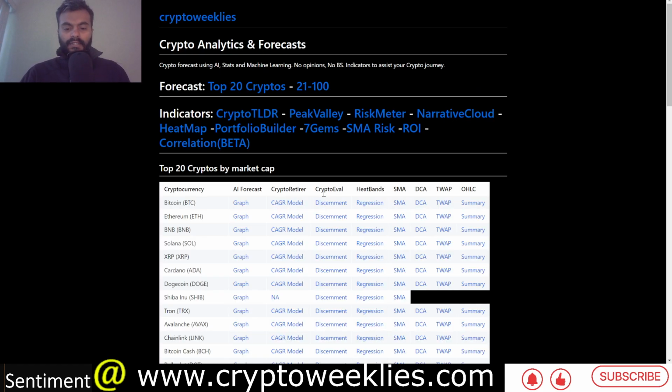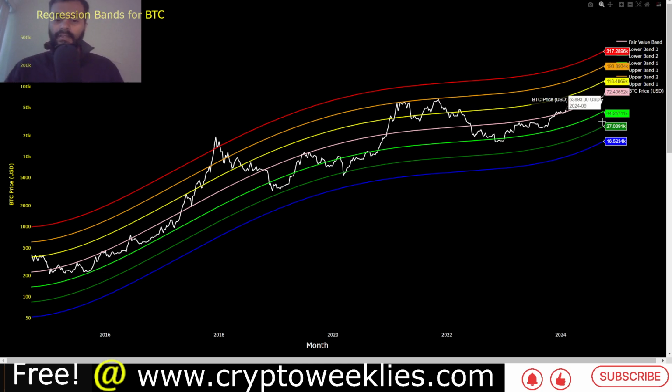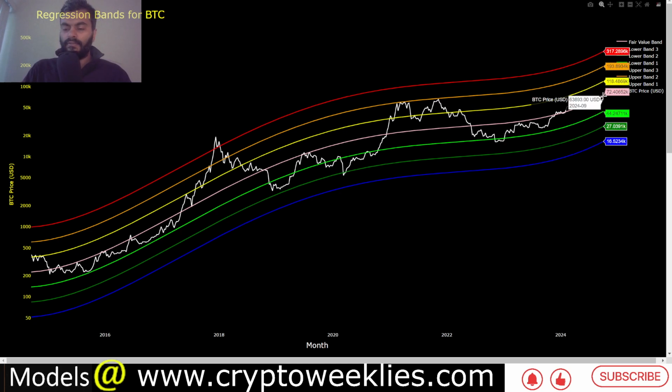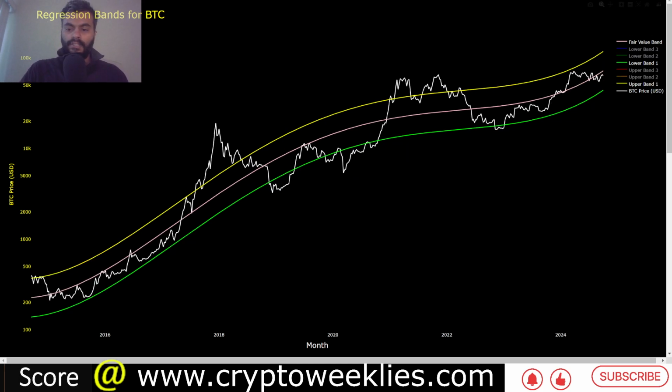In terms of Bitcoin and its own price-based regression analysis, this is the weekly price of Bitcoin in white. On top of it are these polynomial regression-based bands. The base case, or the fair value, for Bitcoin per this polynomial regression function is around 72,400. If we ignore the 2 standard deviation moves on top and on bottom, right now we are in this range-bound market within the 1 standard deviation moves. Even the rally to 73k at a weekly level was not higher than the 1 standard deviation peak.